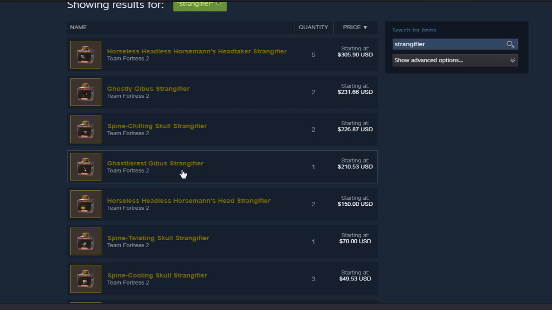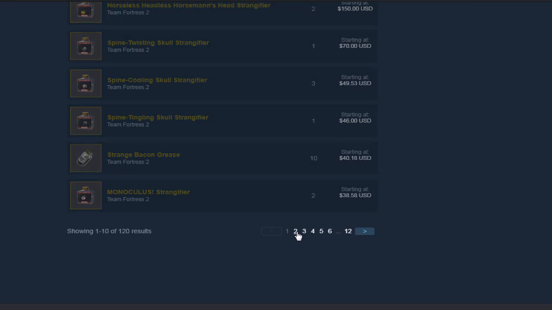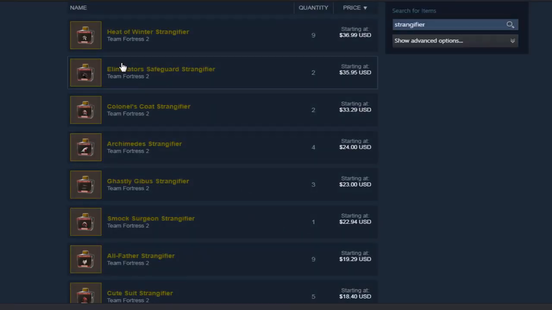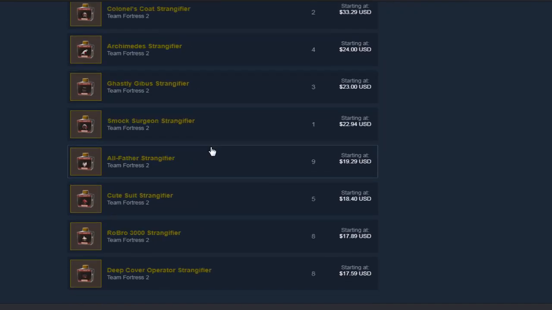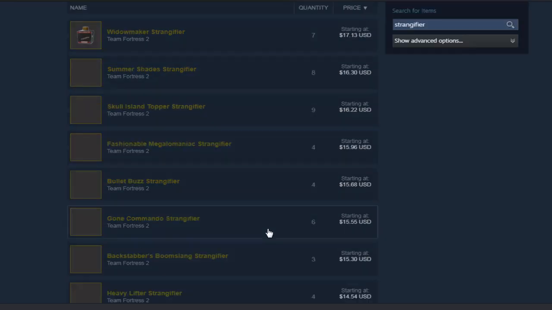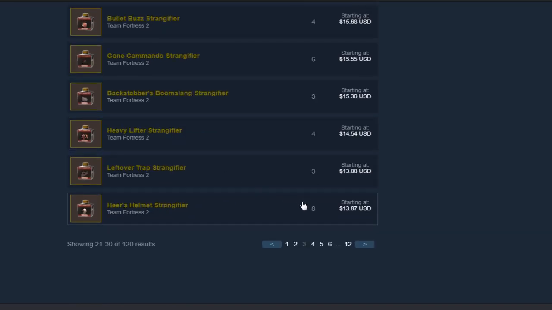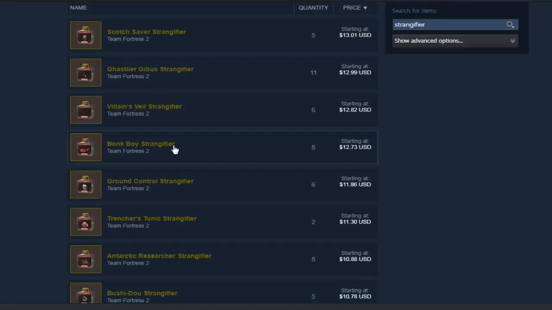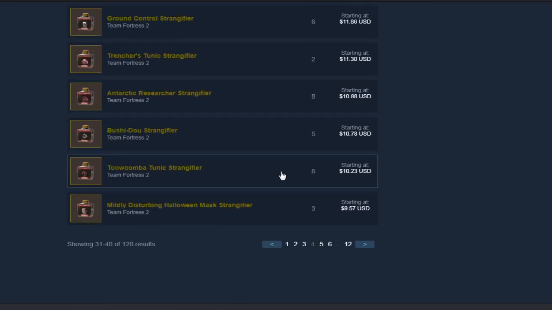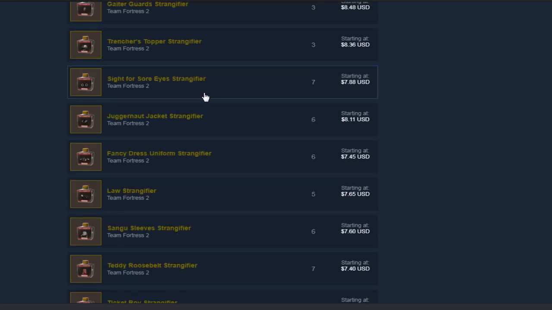These are ghostly and ghastly gibbuses. They're not really unusuals. If we go along here, there's a couple of things that do have Strangifiers, but again, not all of them are the unusual ones, like Widowmaker, Backstabbing Boomslam Strangifier. So the answer is most Strangifiers are reasonably cheap, but in actual fact, to get Strangifiers, specifically, the Law Strangifier,